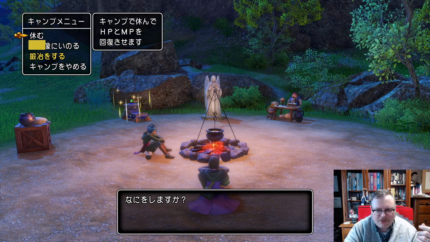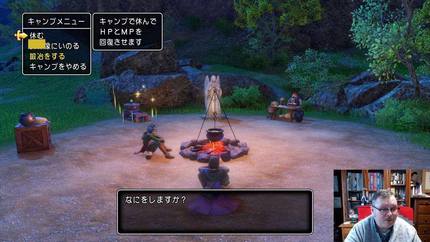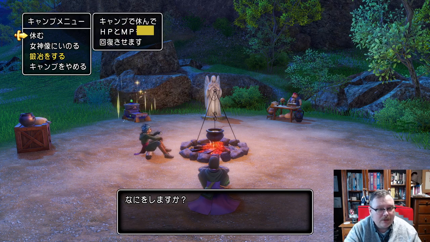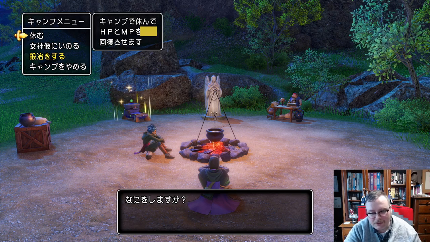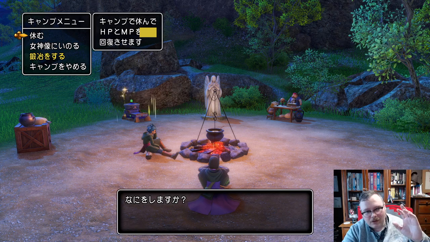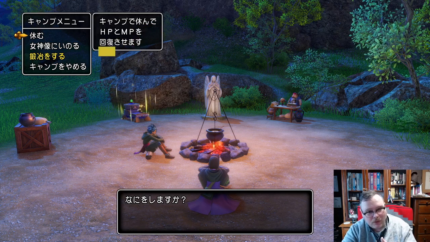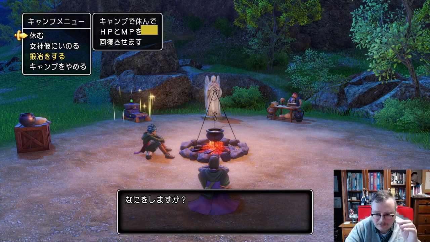Up here we have yasumu, rest. That's what we're going to do. And this says campu menu. And then this is an explanation of what happens when you yasumu, when you rest. Campu de yasunde HP to MP o kaifuku sasemasu. When you rest, yasunde. Yasunde is the conjugation of yasumu that you use to show that the sentence isn't ending. So the sentence doesn't end with yasumu, you change it to yasunde, and that allows you to continue on more in your sentence. So campu de means at the camp, yasunde means to rest,